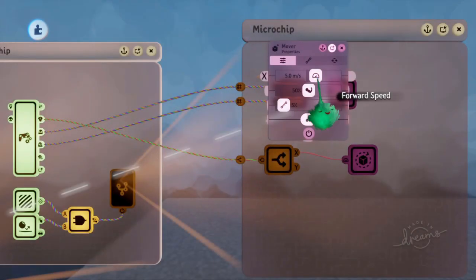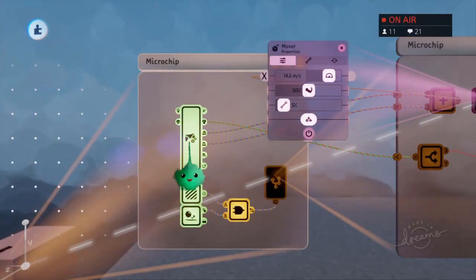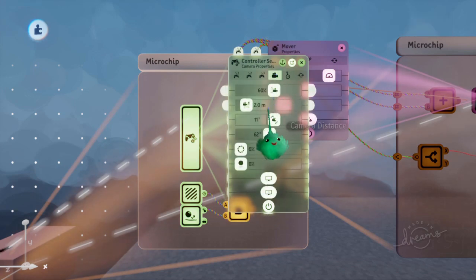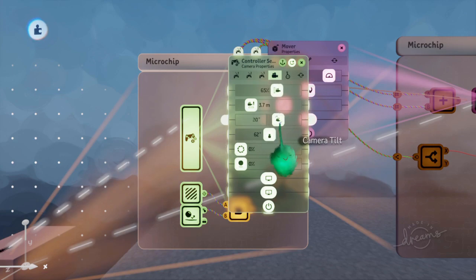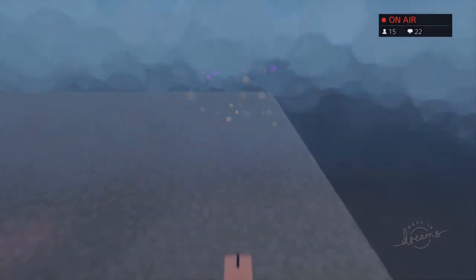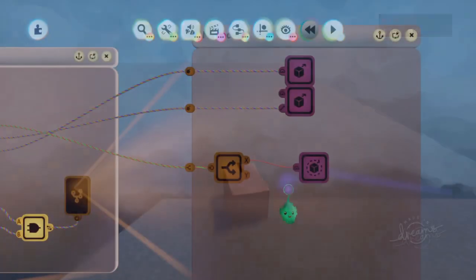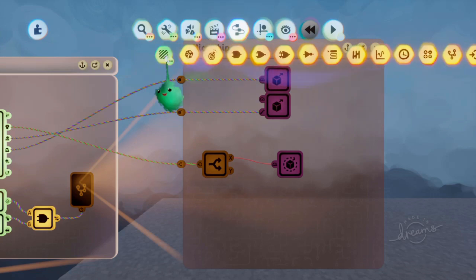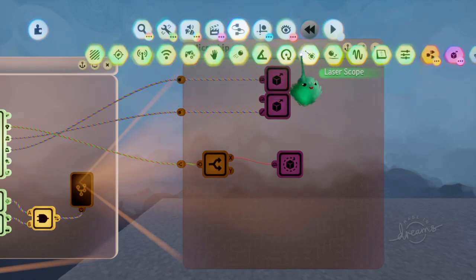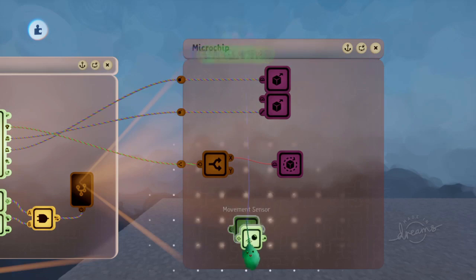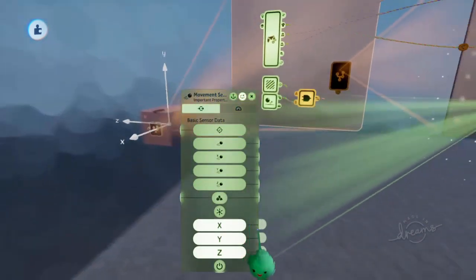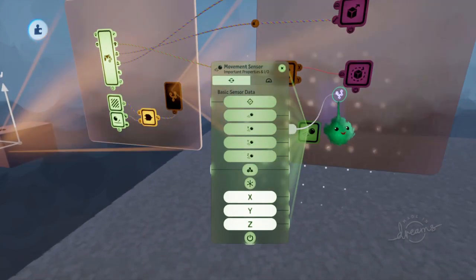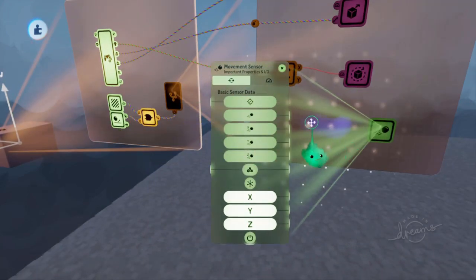So let's just make this faster, and I'll make this so that you can edit the camera settings down here. I'll make it further away, a bit higher, and tilting down more. Yeah, it's a bit better. This should probably be relative to how fast you're moving the steering. So if I go movement sensor, then it has these axes, and it has the velocity in the x-axis. So if I wire that into,